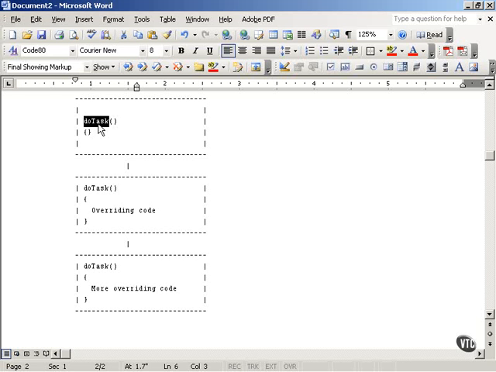Here again, the doTask method is overridden in a derived class. Another class is derived from that derived class, and once again it's overridden as well. So it's very volatile code, the doTask method, and it changes frequently as you go down in generations of inherited classes. And that's the problem, because when you have inherited classes that write their own overriding code all the time, and you have a very volatile method that has to be replaced all the time in all